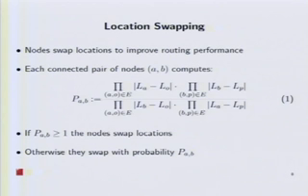Here's the actual formula of how swapping actually happens. Another thing to remember is that all peers randomly initiate swaps, so any peer tries to swap with its neighbors all the time. And basically, P of AB is determined by the ratio of the products of the distances to all the neighbors that a peer has before and after a swap. That's kind of a mouthful. If you want to look at the equation, that's what it says. But basically, if the result of this is greater than 1, a swap always happens, and otherwise, a swap happens with probability P of AB, as it's shown up there.